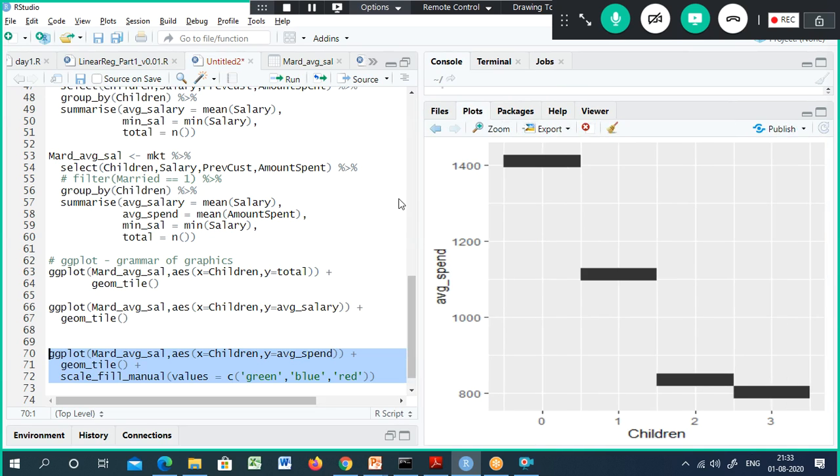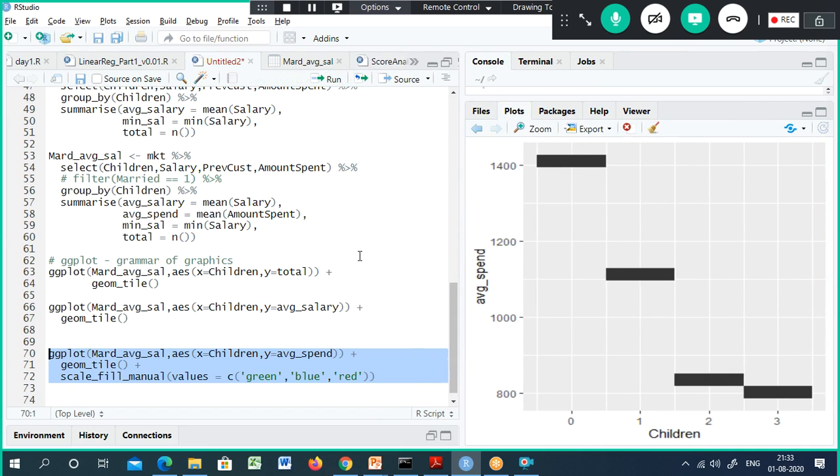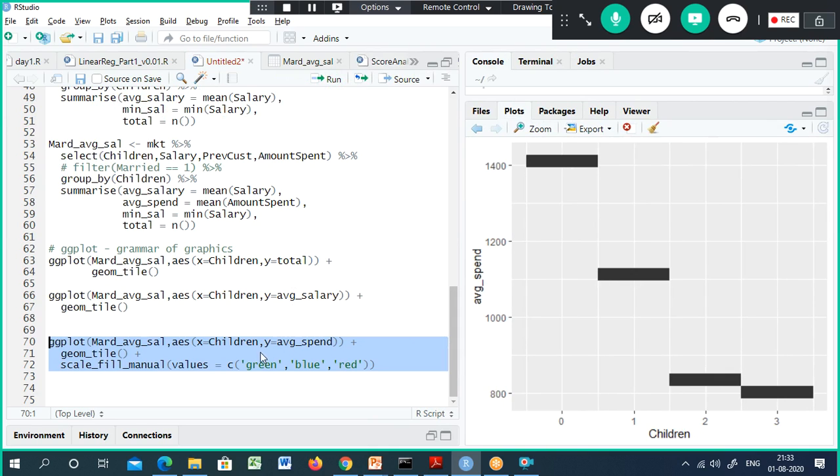It is not coming out clearly here. But anyhow, we will work on scale fill manual a little later.